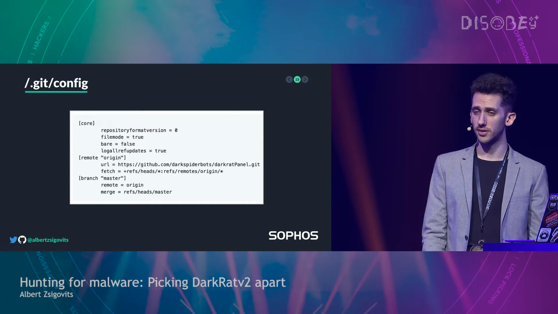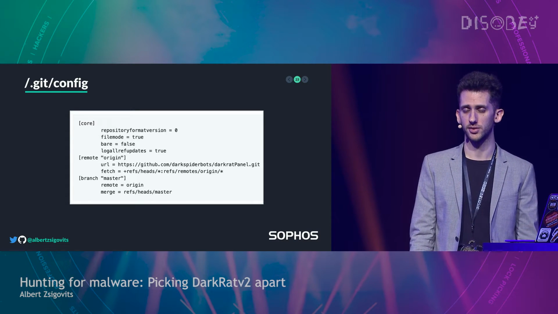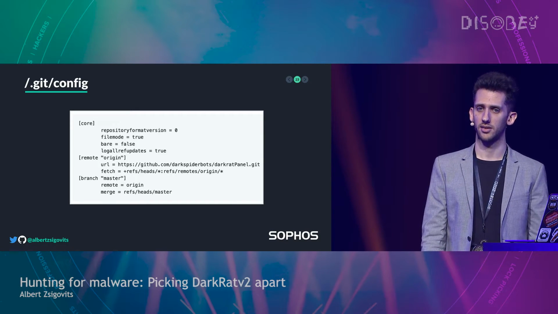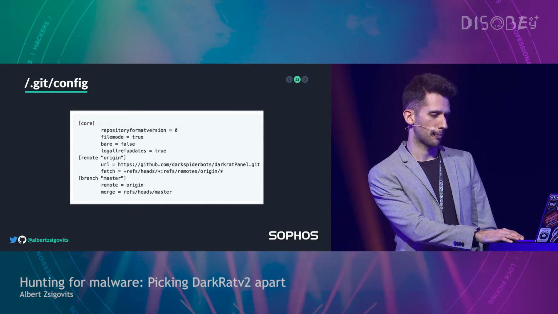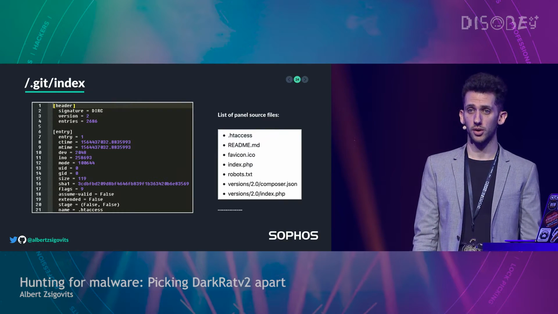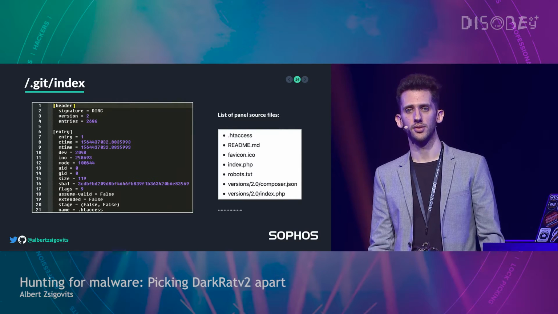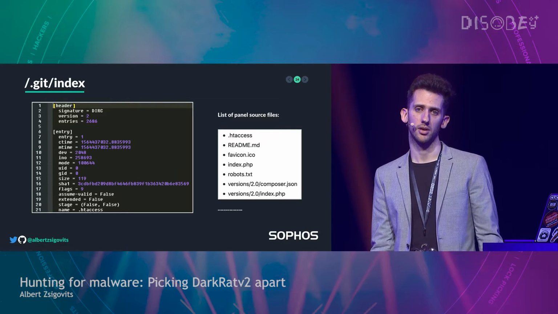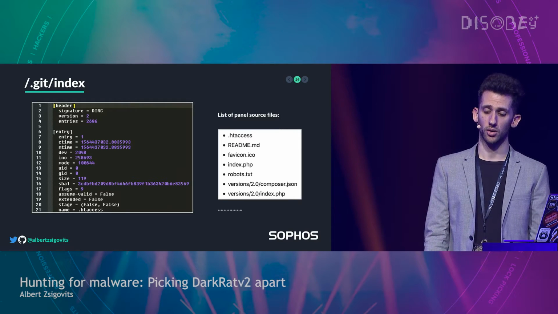And as you can see on the screenshot, the whole panel, or the source of the panel, was hosted under this URL. So basically, you could just clone it and get all the files that go with the C2 panel. Or, for that matter, you can go ahead and call /index, which would list all the files. And basically, you could just parse the name parameter from the files and put together the list of all the files that were present on the C2 server.